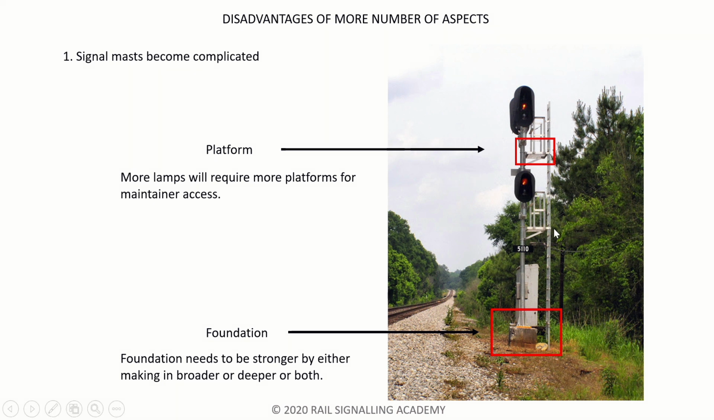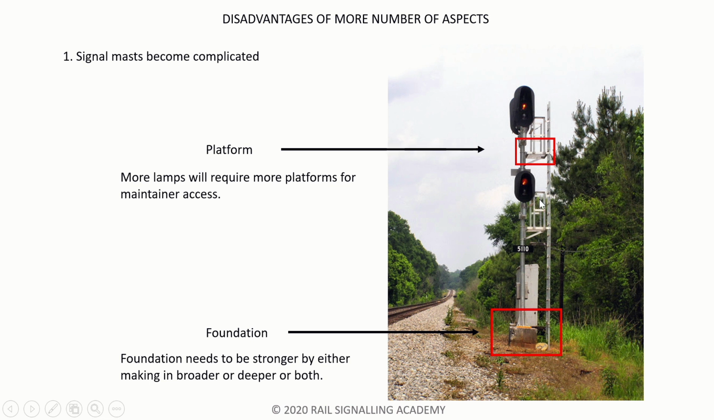So what happens here is that as you increase the number of lamps, then the height of the signal will increase, and as the height of the signal increases, the pole itself becomes heavier, and then all these lamps and all this assembly. And what that requires or what that demands is to have a stronger foundation. And that stronger foundation could mean a bigger foundation, a larger foundation, or it could mean a deeper foundation, or it could mean both. The thing is that foundation becomes an important part when you keep increasing the size of